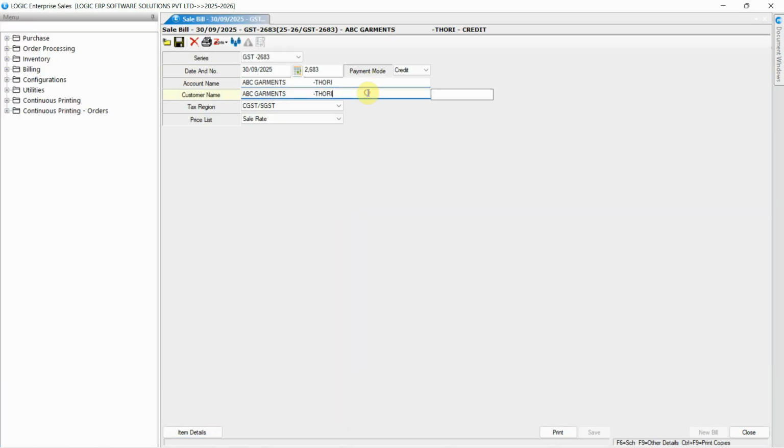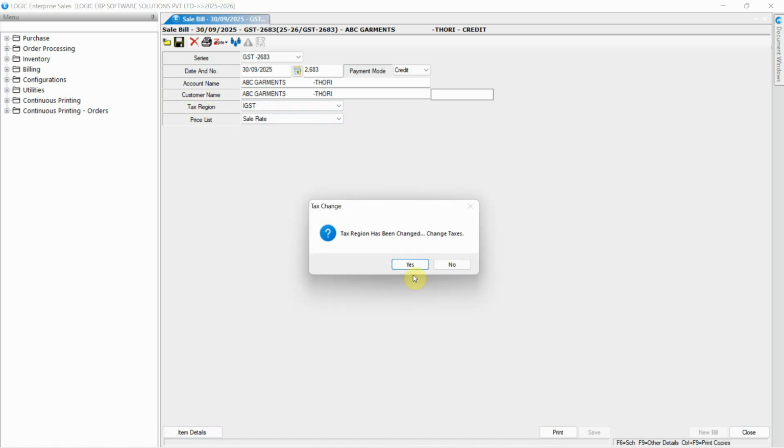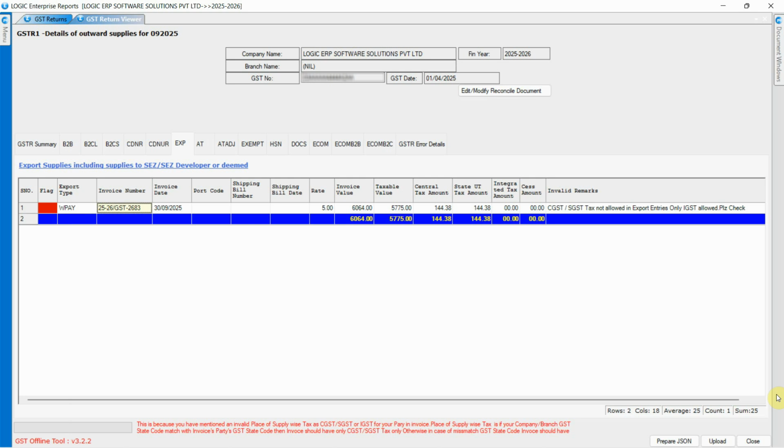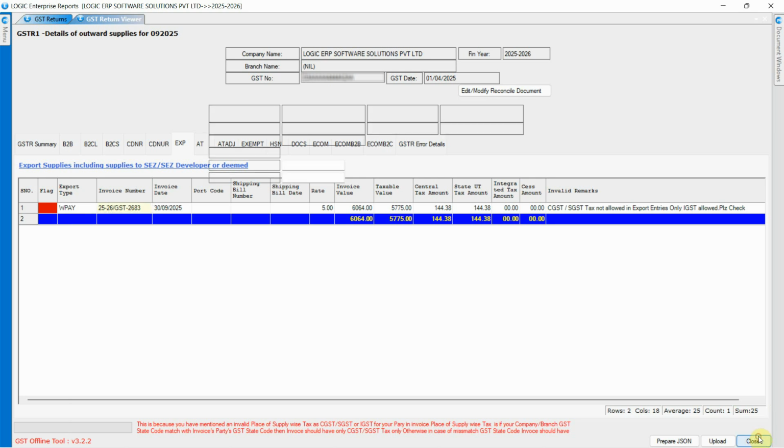Once the sale bill opens, change the tax region from CGST SGST to IGST and proceed to save the bill. As observed, the Save button appears locked for security reasons. To unlock it, turn off the num lock key on your keyboard and press Alt plus Insert. Once the Save button is unlocked, save the bill and refresh the GST returns screen by closing this window and